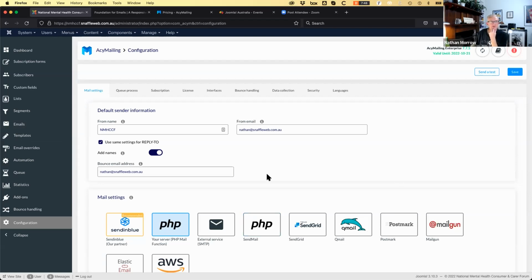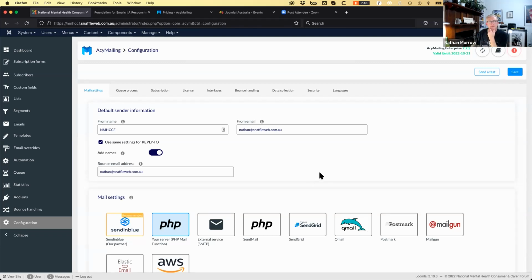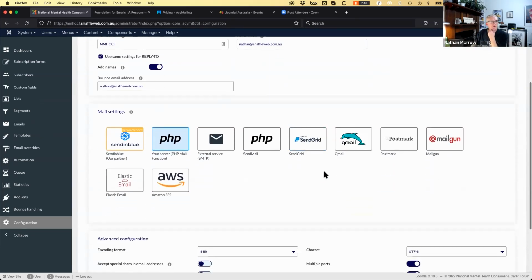I'm not going to do that because I haven't configured this server. But I looked at Sendinblue and perhaps one of the others, and they seem to want to have your mailing list uploaded to them in advance. Have I misunderstood that? Or I think so, yeah. No, I've not come across that.